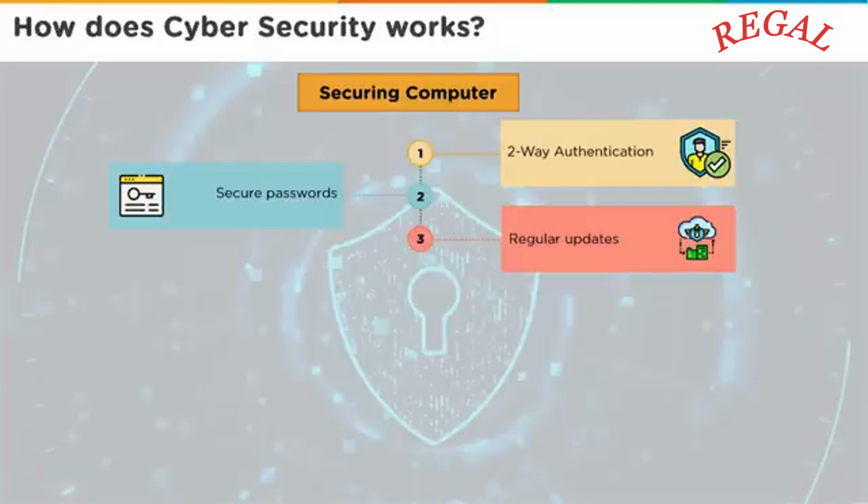Regular updates. All the operating systems or applications that you use will be receiving regular updates. It could be for functionality, but more for security. As new vulnerabilities in applications or operating systems are found, the software vendors or developers over a period of time start sending out these updates, also called patches, to the end users. It is very important for end users to identify these security patches and install them on their devices as soon as possible. Otherwise, they remain open to those vulnerabilities, and unpatched systems can easily be hacked.